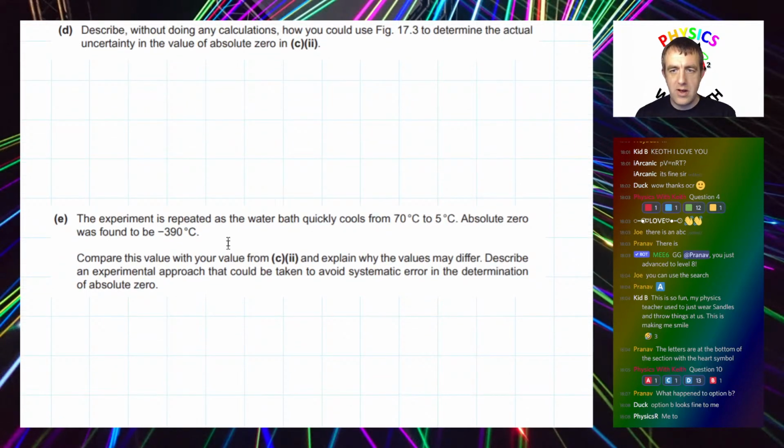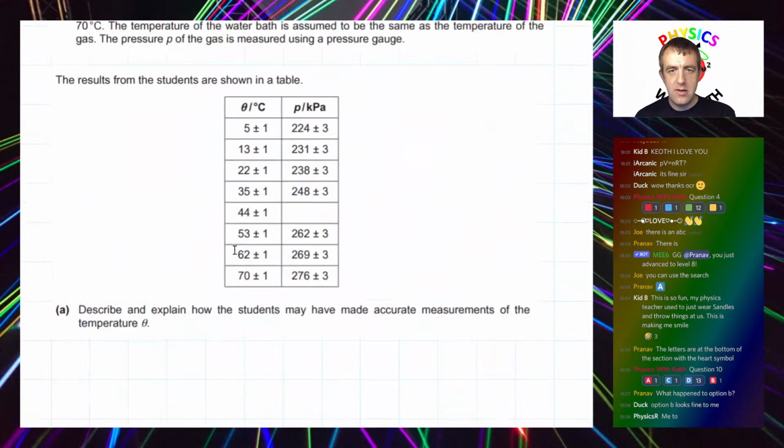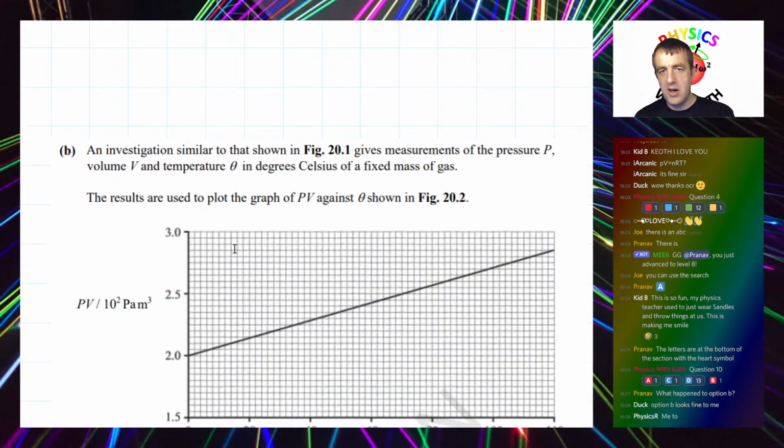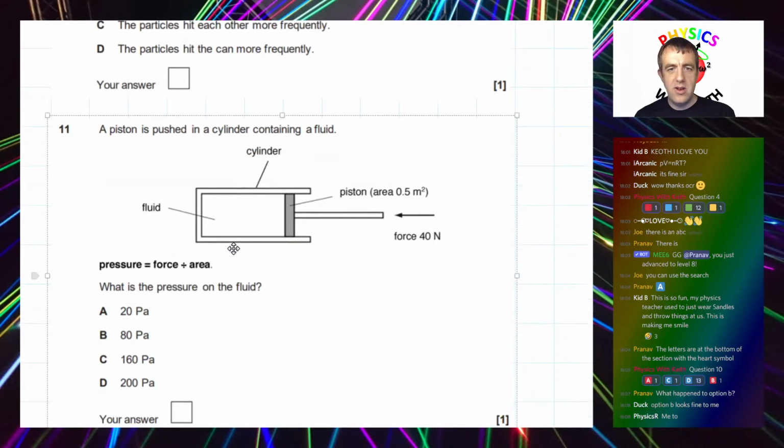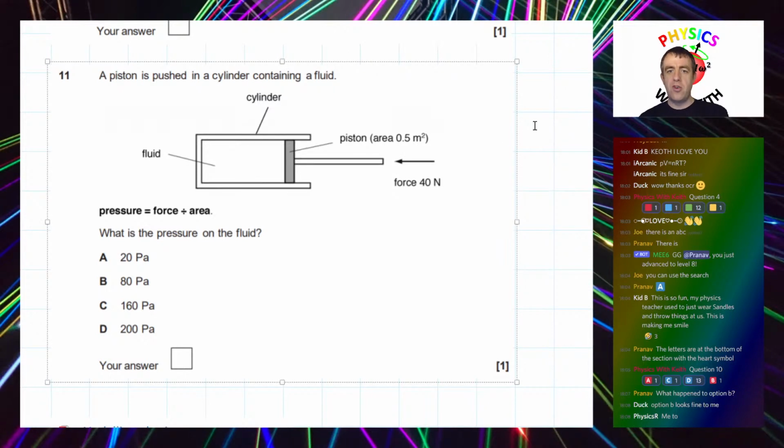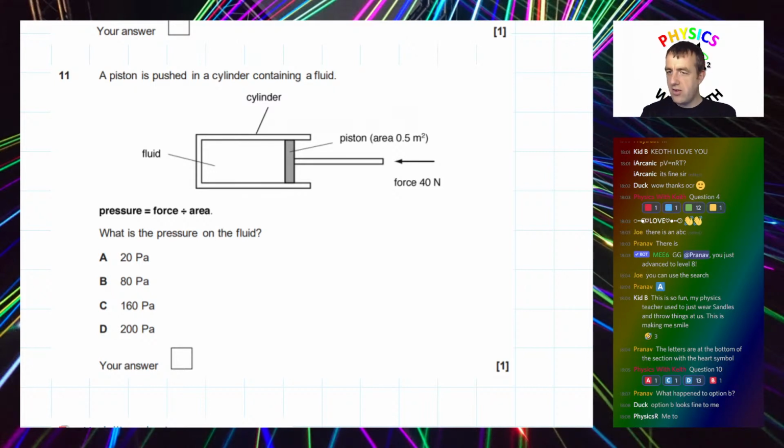Oops, I've scrolled too far. You can see all the fun questions we've got coming up. Question 11, last one of these quick multiple choice questions. These quite straightforward GCSE ones. This is a maths one. Again, don't vote just yet. Let me get the answers all queued up first, and then you can vote.